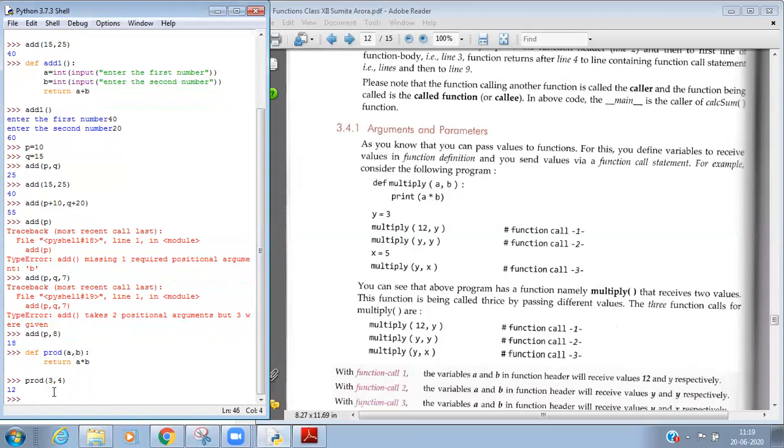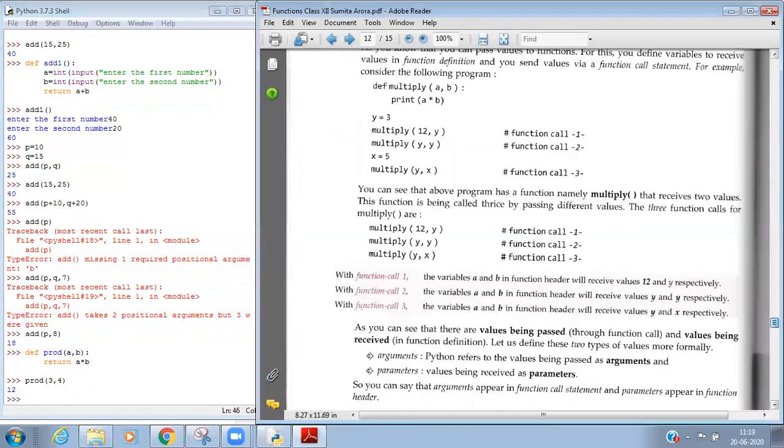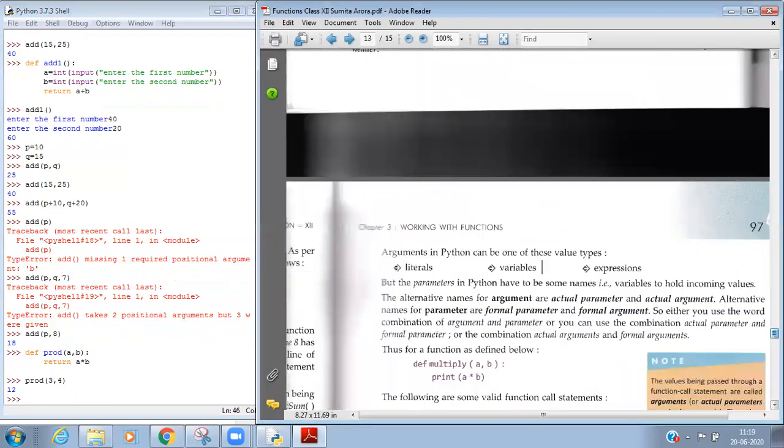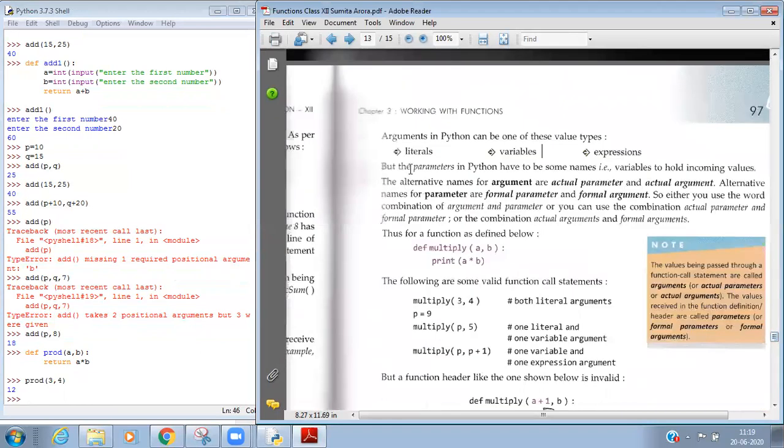Now there is one more thing. What type of arguments, what type of values, can we pass on to the function? This is very simple. We can pass three things in any function: literals, variables, and expressions. First of all, we are passing literals to this function.